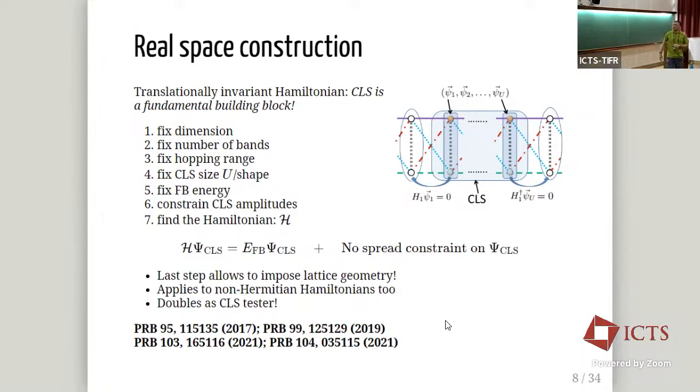In principle, lattice geometry can be incorporated into this construction by assuming that some hoppings are absent in the generic scheme. You can extend it to the non-Hermitian setting, and eventually this also helps to solve another problem. If you have a flat band, how do you find the smallest possible compact localized state? That would be important in what follows. And you can invert this scheme and, just by considering compact localized states of larger and larger size, identify the smallest possible one.